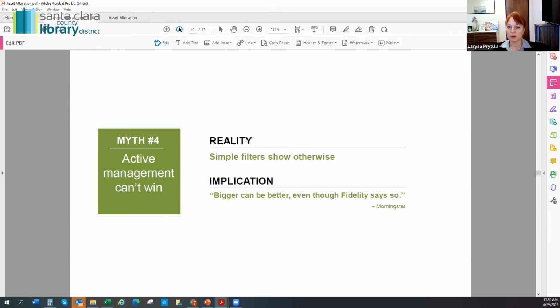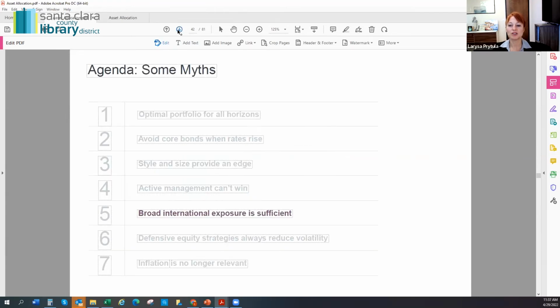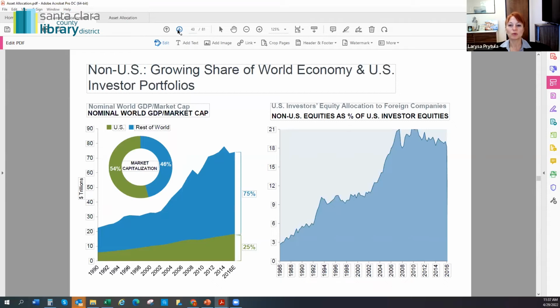So I don't want to go into this busy slide, but the conclusion of active versus passive management is you should have both in your portfolio. And you need to have a philosophy. You need to have an idea about how you want to manage your money, and you need to be having it convincing enough for you to stick between good and bad times. All right, so we're getting close to about 5 minutes, and I'll be happy to take Q&As at the end. We'll talk about next one is international exposure and what works and what doesn't.